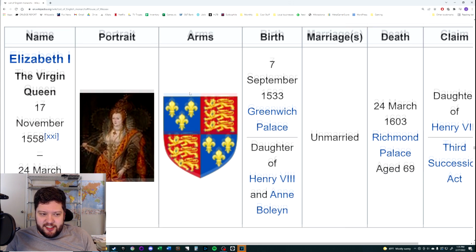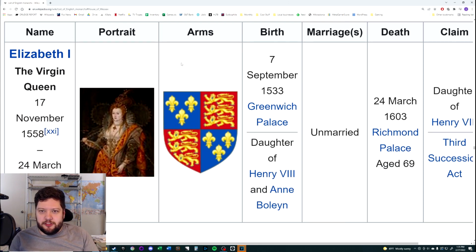Then Mary dies, and Elizabeth becomes queen. She, again, another daughter of Henry VIII. She is one of the most powerful monarchs in all of British history. Really a chip off the old block of Henry VIII before he went crazy. She is the one who gets England started in colonizing the Americas. She becomes a thorn in the side of Spain. So if you ever hear of the Spanish Armada, which was when Spain attempted an English invasion, her and the weather were the ones who stopped that. And